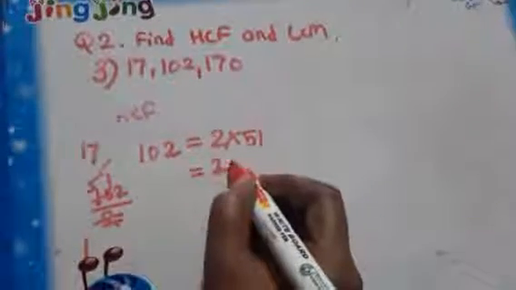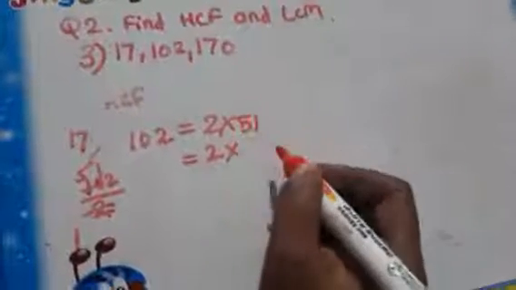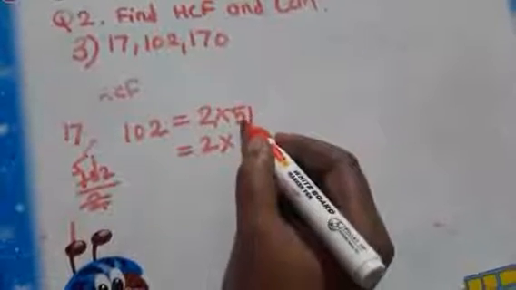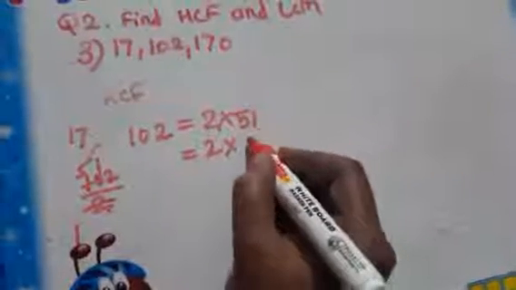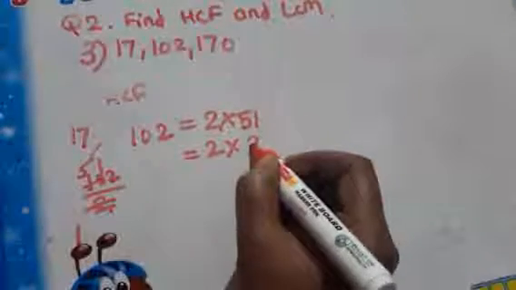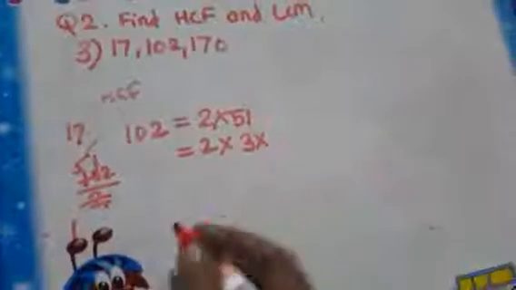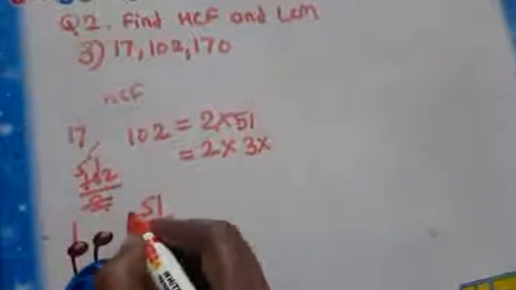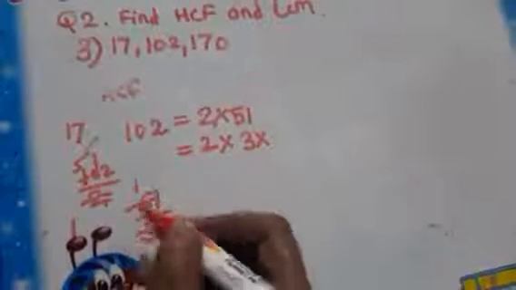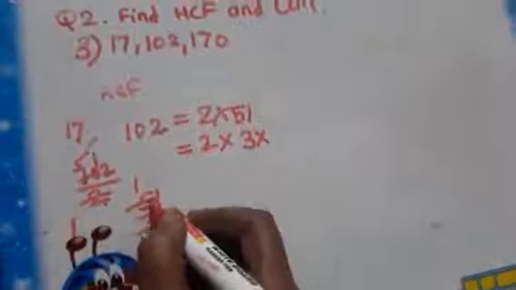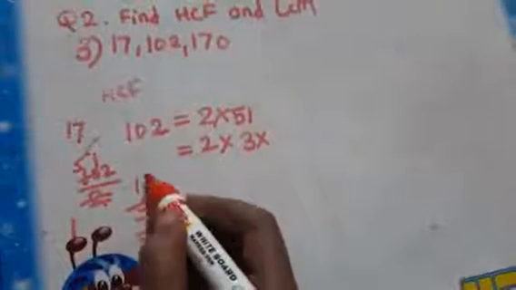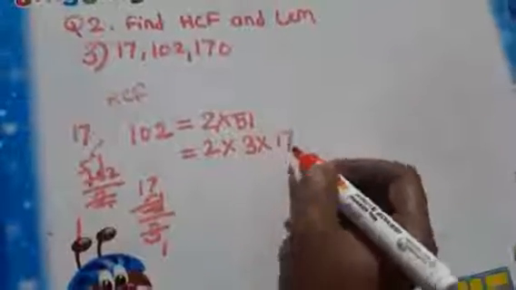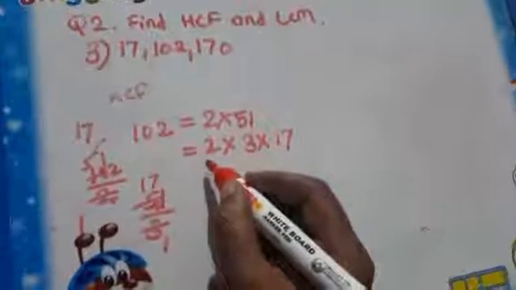Now 2 is a prime number as it is, right? For 51 now we will find factors. 5 plus 1 is 6. So it is not divisible by 2, but it is divisible by 3. So we have to take the next factor as 3. What should be written? 51 divided by 3. 3 ones are 3. The first digit is 5. 5 minus 3 is 2. 21. So it will be 17. 3 sevens are 21. That's why 17. Now all numbers are prime numbers.